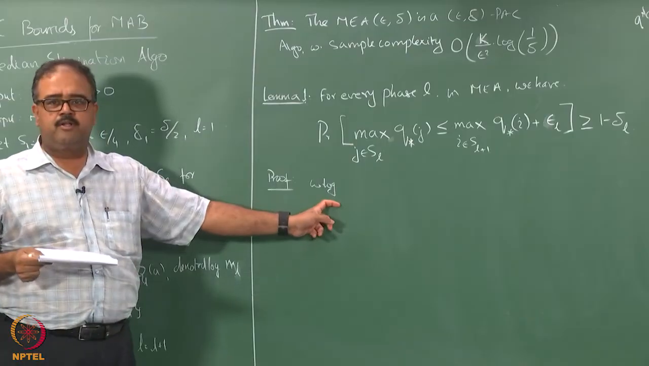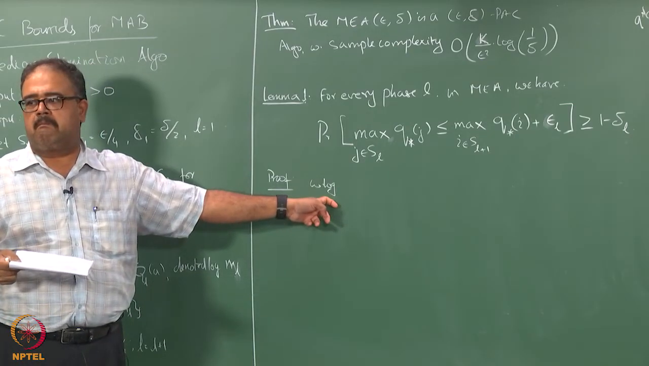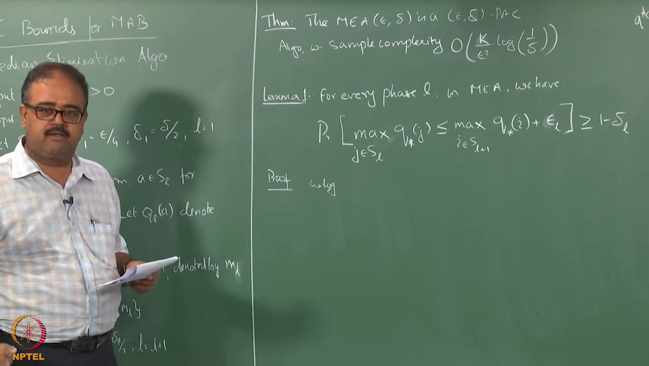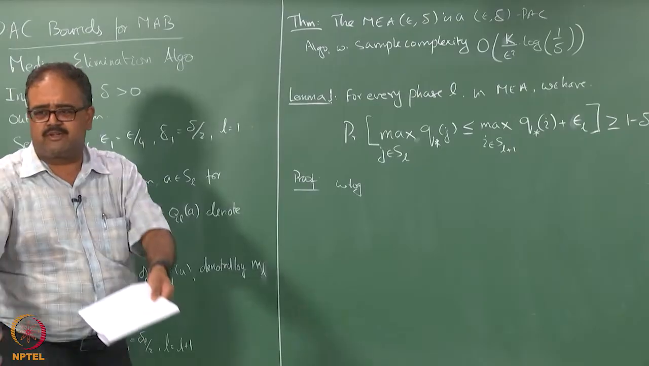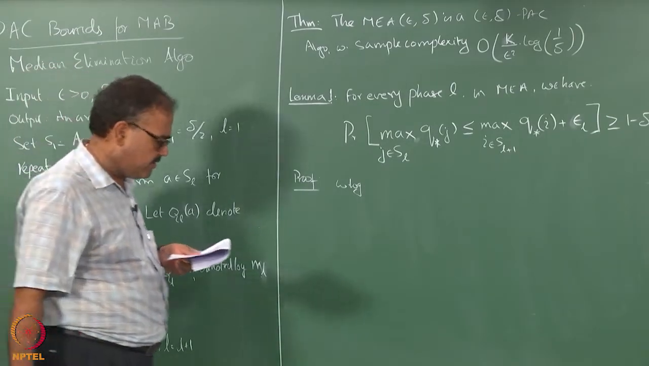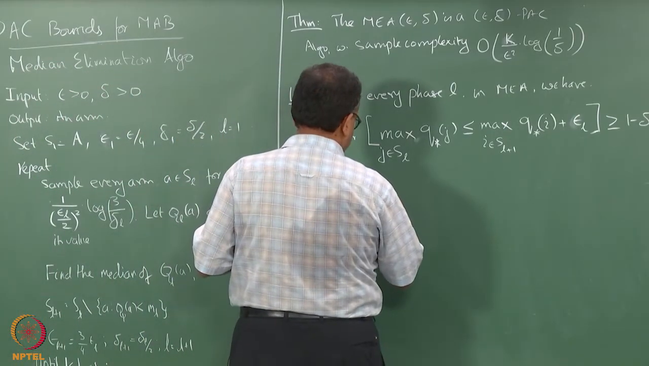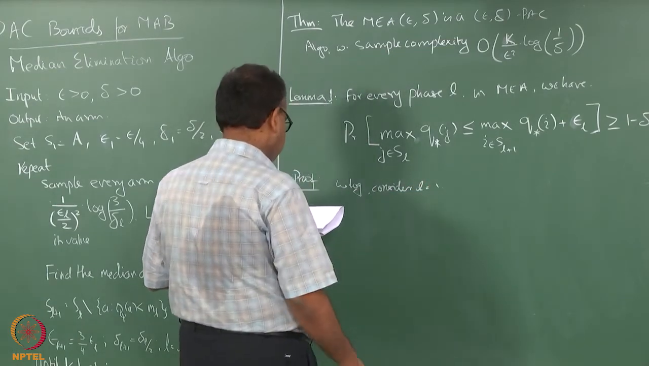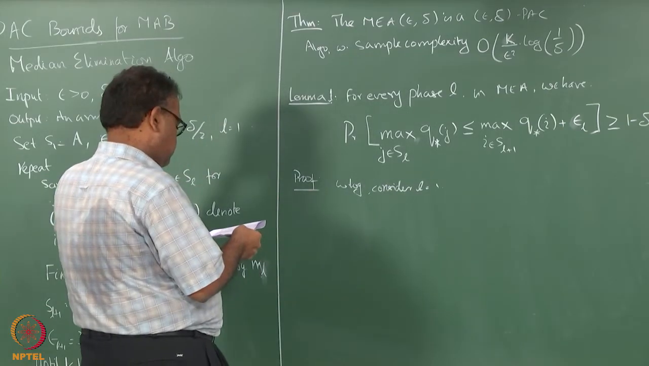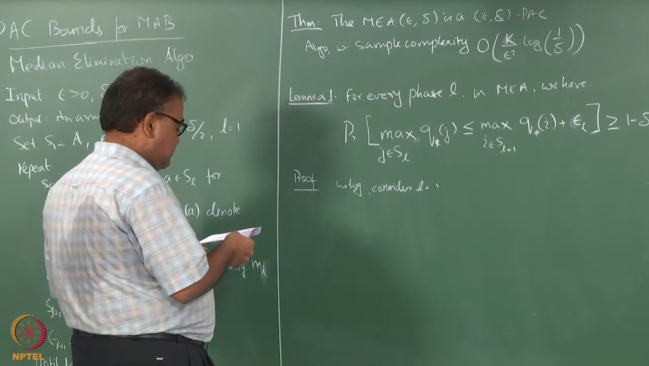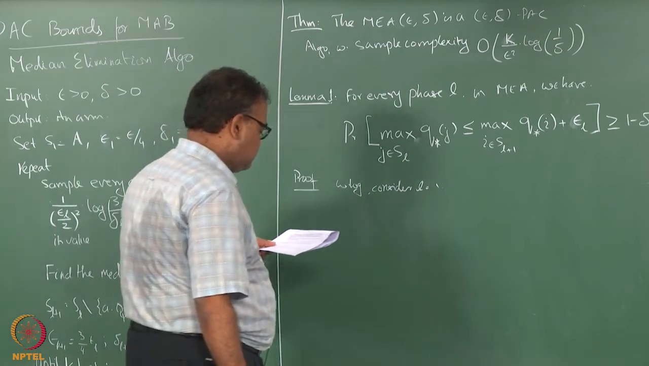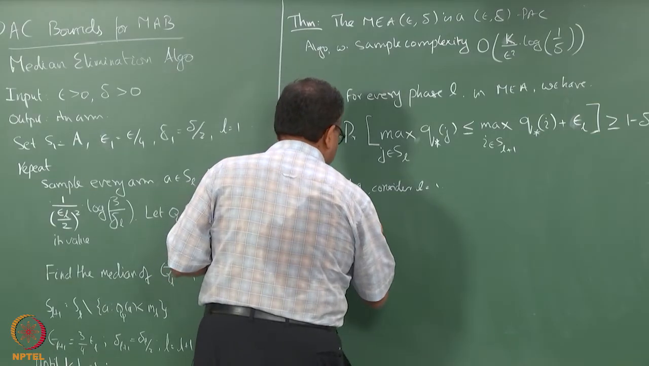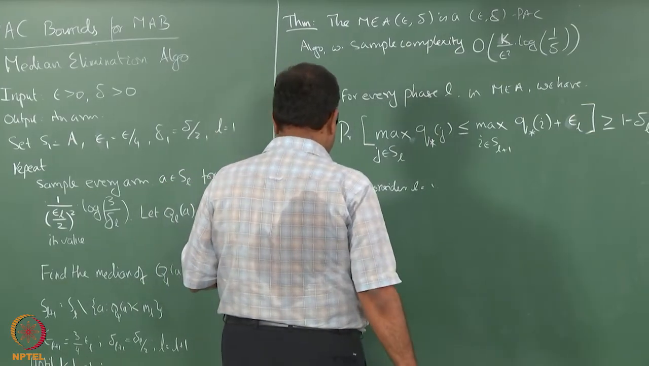So people know what WLOG means, right? Without loss of generality, I am going to consider L equal to 1. So whatever results I show here will hold for the subsequent L, right. So we start off by looking at the event E1, which is